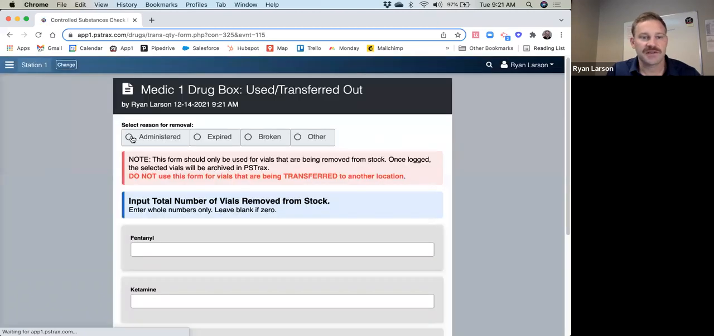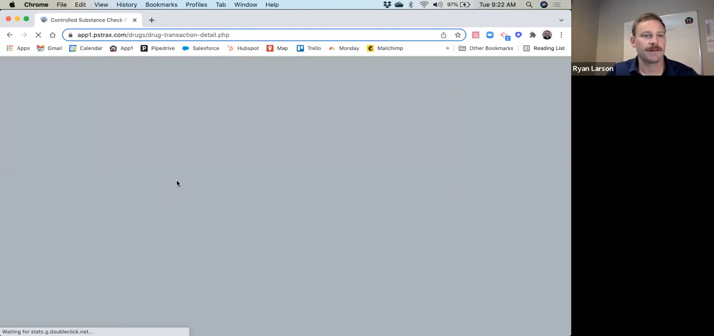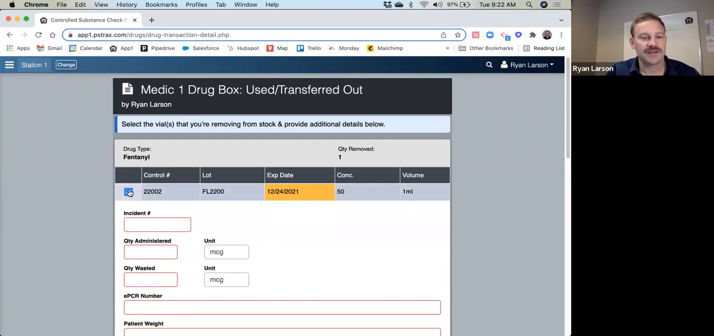And I'm just going to administer a vial for this example, but you can also, if you have expired vials, broken vials, or other instances, we track that as well. I'm just going to use a vial of fentanyl for this one, and we'll input our tag number again. And here, what's really nice is within our box, it's just going to show us the vials of fentanyl that I currently have. So the medic can select the one that they used, and as soon as I select that, you'll notice it pops open